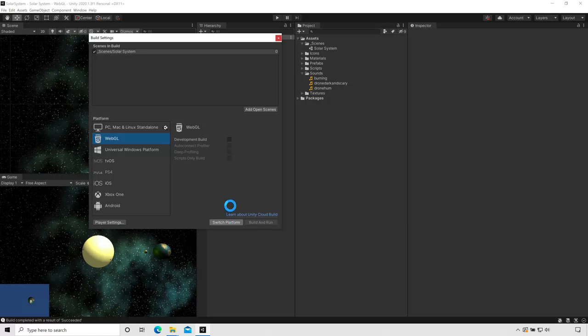And when you switch platforms, it typically takes a while because it has to re-import all of the assets, recompress the assets. So depending on the complexity of your project, it may take a while. I've actually done this switch before. It actually caches those things, so it was pretty quick for me, but it may take a little while